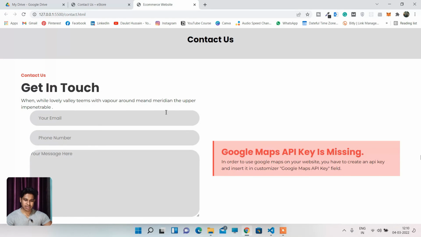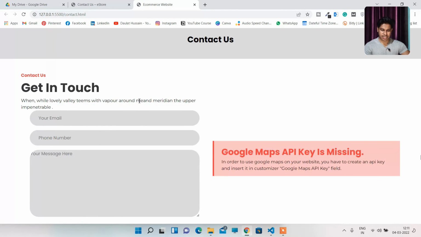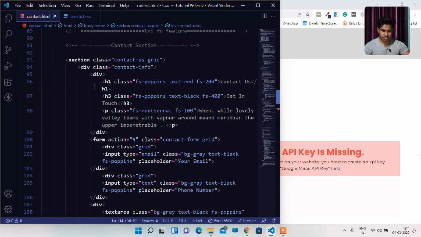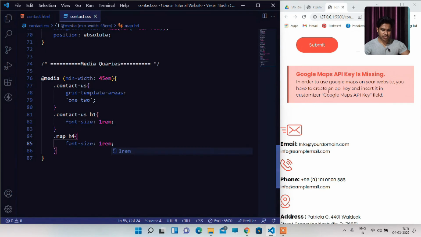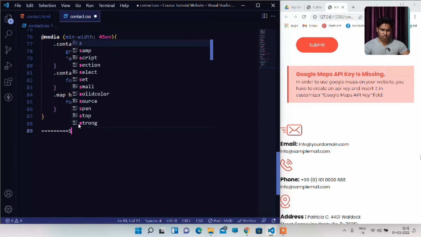In the contact form we're having a space there. We have to fix that. This is how it's looking on a demo website, but we're having some extra margin to our contact form. We have to fix that. So let's come into my HTML and let's see what's the matter. Let's target the map h4 and 1 rem font size. Now let's start working on the support section, and we'll fix that later, why we're having some extra gap. So let's start working on the support,